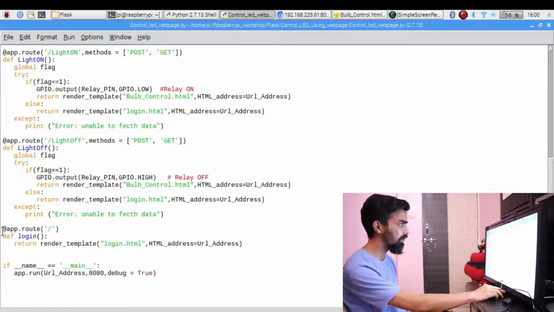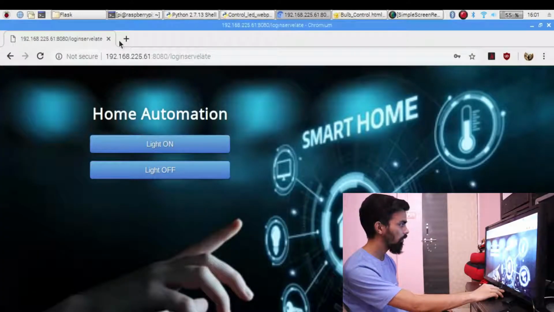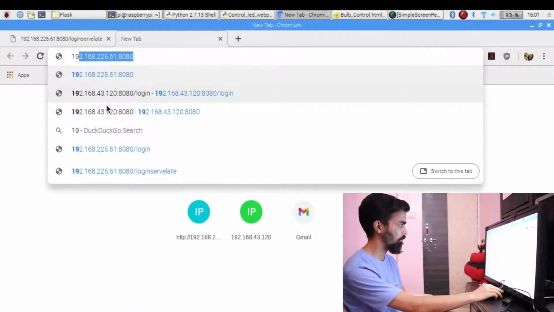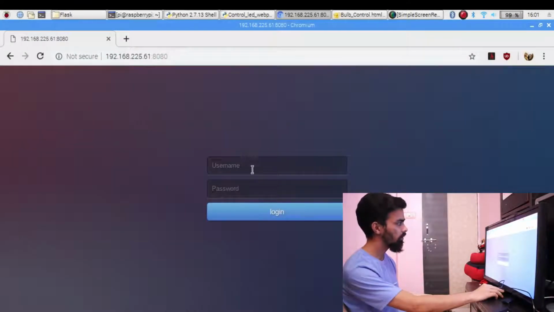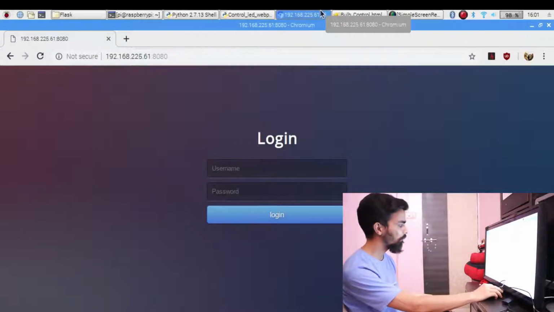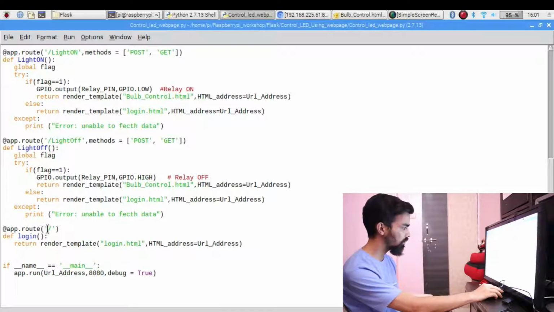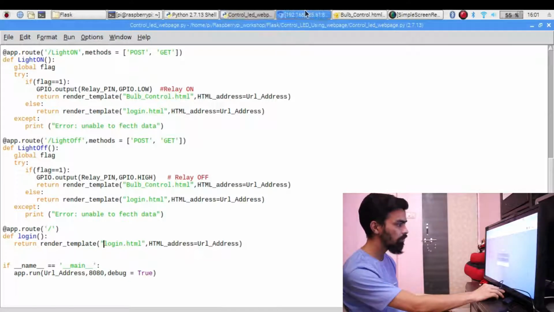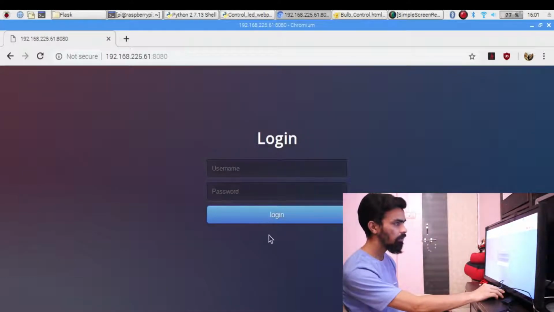So let's open that page. You can see once I enter this, the login.html page opens. After that, you can see we have to enter a username and user password and press the login button.